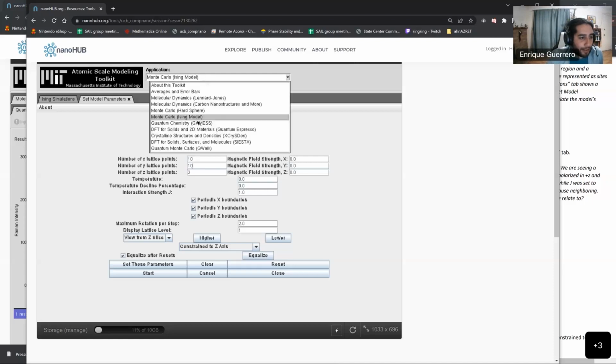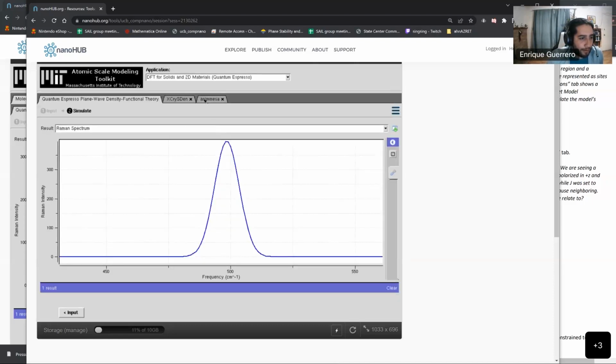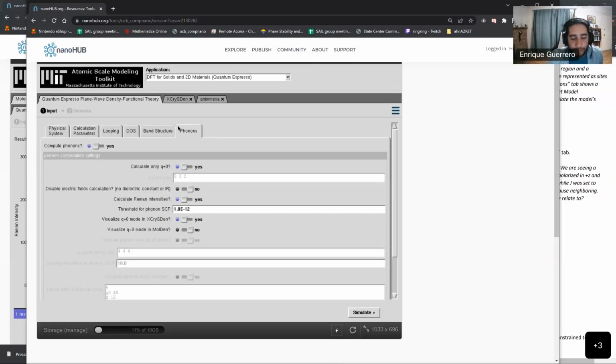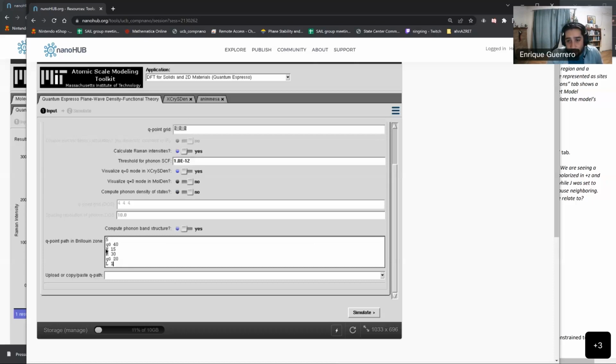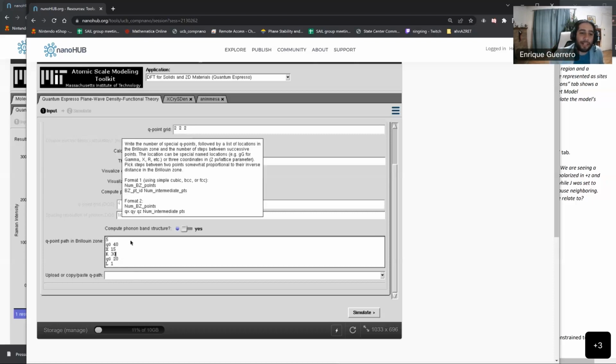If you want to see what that's like, just hop back on this real quick. In the input, in the Phonons tab, you would turn this off. We need some sort of Q grid, say a 2 by 2 by 2. And you say, yes, I want to compute the phonon band structure. And there's various ways to input it. If you follow the ESPRESSO documentation, the guide to the ESPRESSO